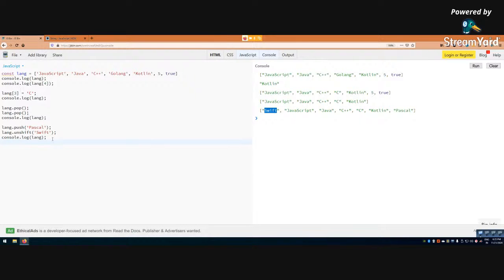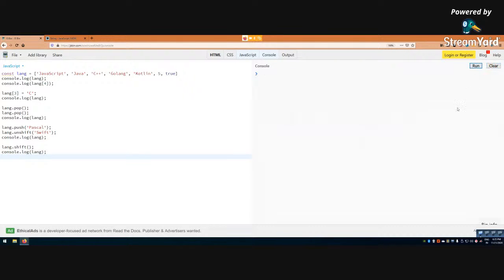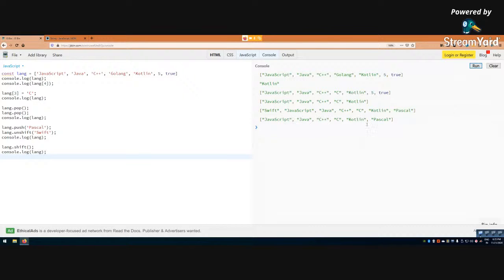Similar to pop, there is another thing. As push's counterpart is unshift, pop also has a counterpart, and that is shift. It removes an element from the start of the array. So lang.shift, and let me clear it. You can see this shift was removed. Okay, so this is something, and similarly